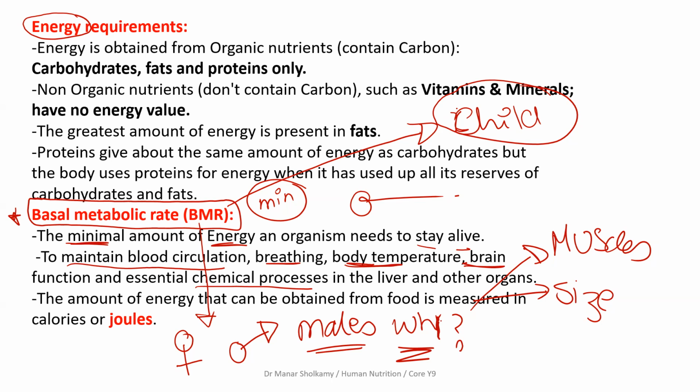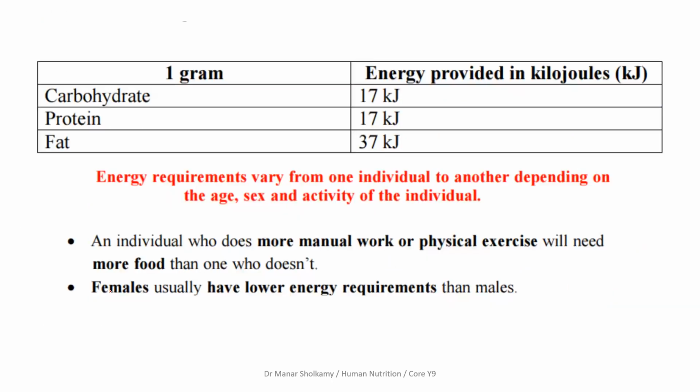Okay, so the basal metabolic rate is the least amount of energy that you need to stay alive. And even that differs from one person to the other. Okay, calories or joules, in case you ask me, is the unit for energy. I do not want you to memorize those numbers, but they are in your notes to show you that fat will give you the most energy: 37 kilojoules of energy per 1 gram. So fat gives you lots of energy.